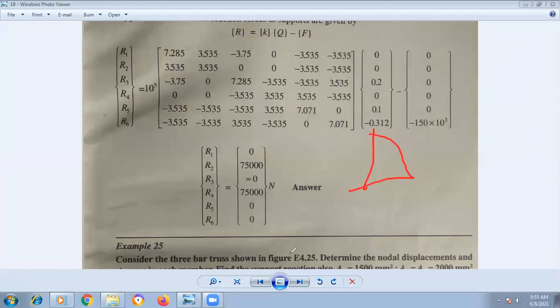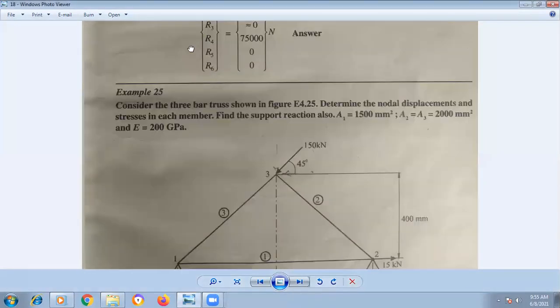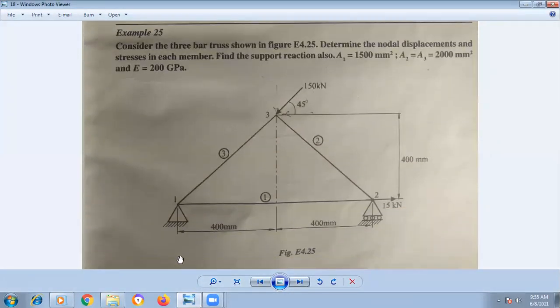Right? In a similar way, you have an inclined load for this problem. There can be an inclined load problem, so we have to resolve this into vertical and horizontal components. So this will be 150 cos 45, 150 cos 45, both horizontal and vertical. If you use that, the remaining procedure is the same. Now here we have one more load, that is 15 kilonewton in the horizontal direction. You can find the solution for this also. I have given it in the material.